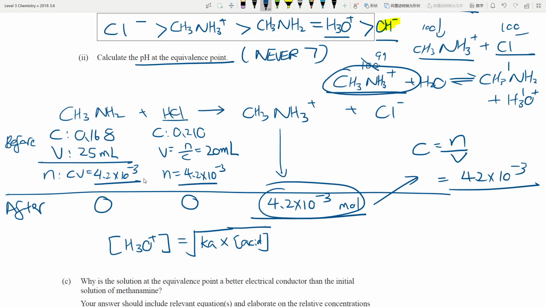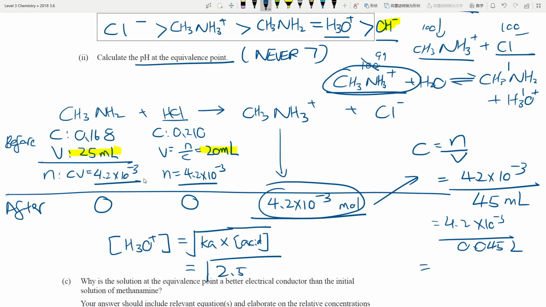What is the volume now? I had 25 mLs of CH3NH2. I had 20 mLs of HCl, so my new total volume is going to be 45 mLs. So that's going to be 4.2 times 10 to the power of -3 divided by 0.045 liters. And then we multiply that by the Ka, which is 2.51 times 10 to the power of -11,